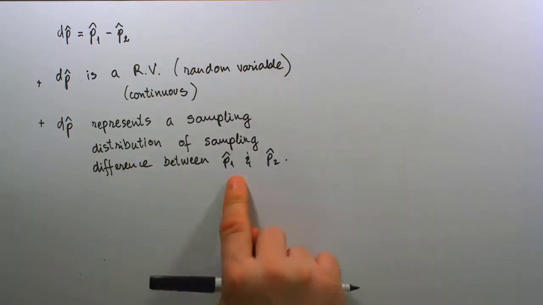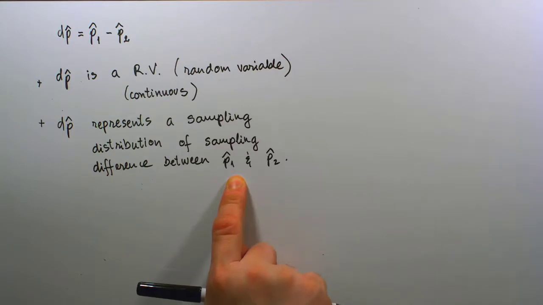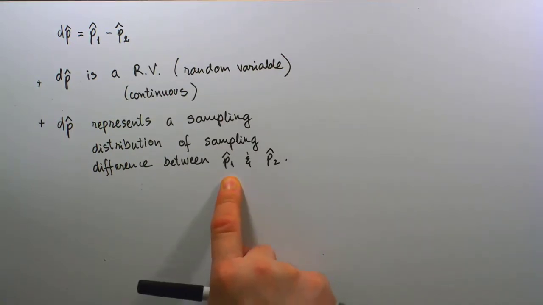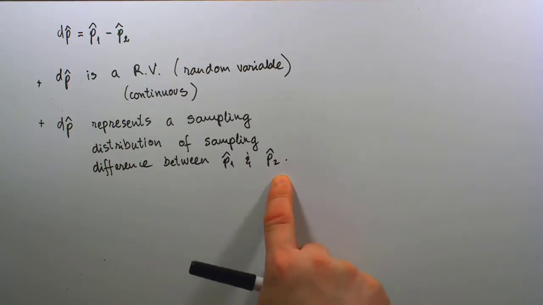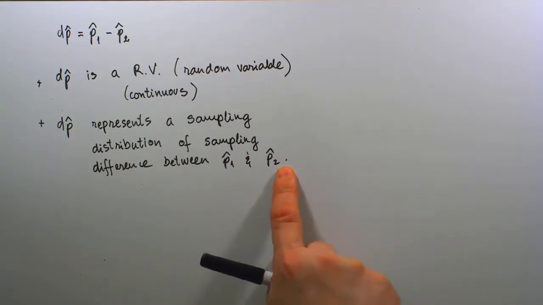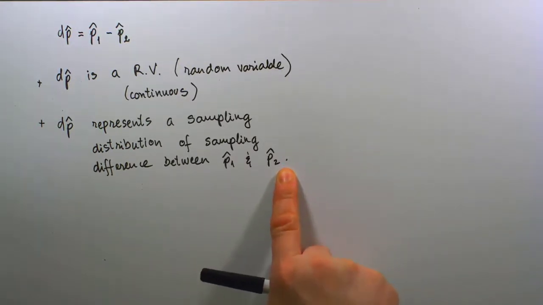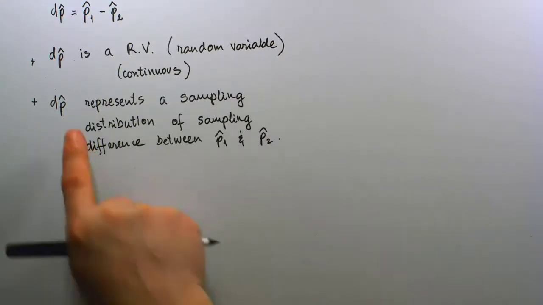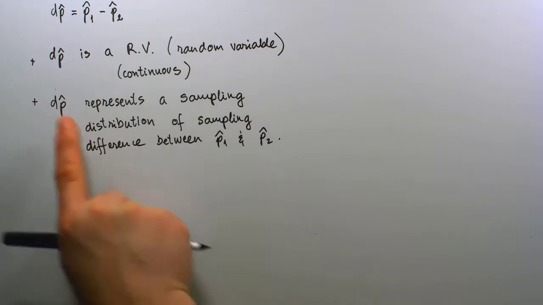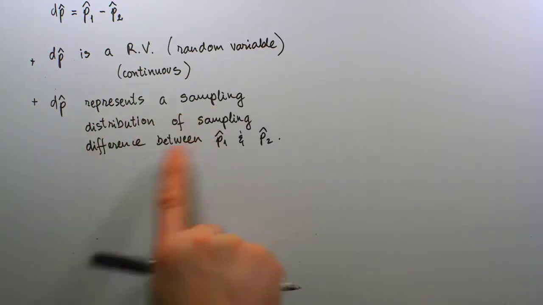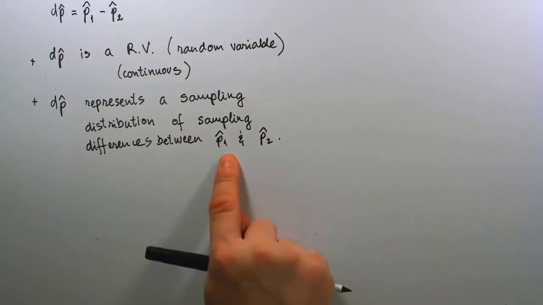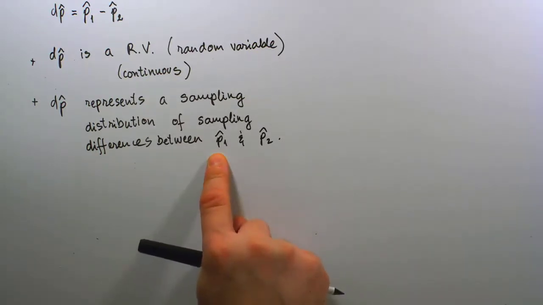So p hat 1 is simply a sample proportion value from population 1, any sample proportion value from population 1. And p hat 2 is a sample proportion from population 2, any sample proportion from population 2. And so upon realizing that dp hat represents a sampling distribution of sampling differences between any pair of a p hat 1 and a p hat 2,